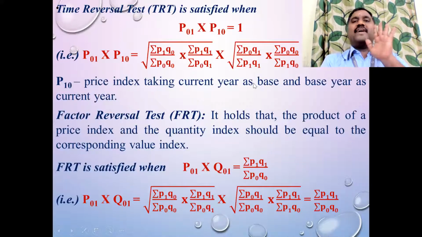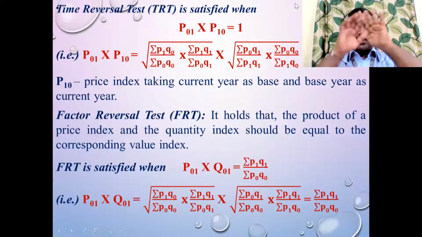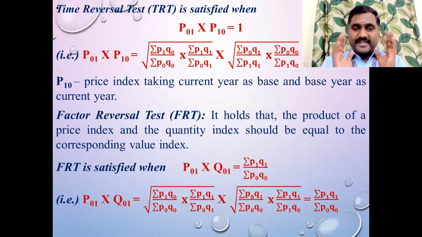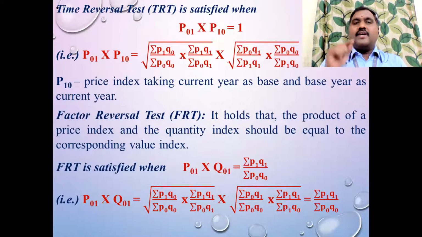That's it. Simple, guys. No need to mug up this formula. No need to spend a lot of time to learn this formula. I told you, right? Base formula is, note down now itself. Base formula is summation P1 by summation P0. If you multiply both numerator and denominator with Q0, that is Laspeyres method.